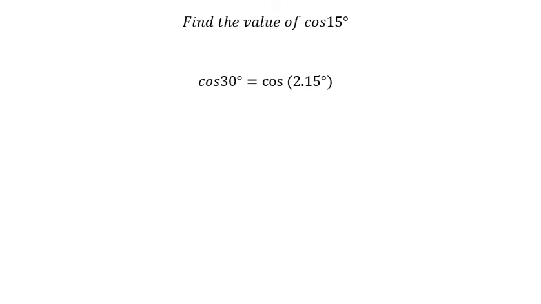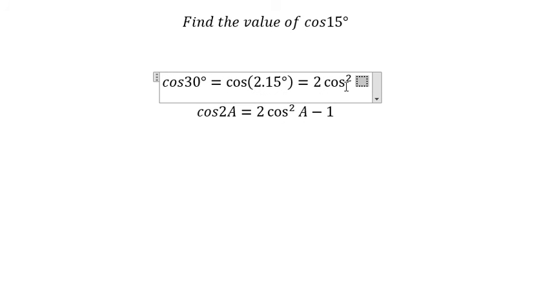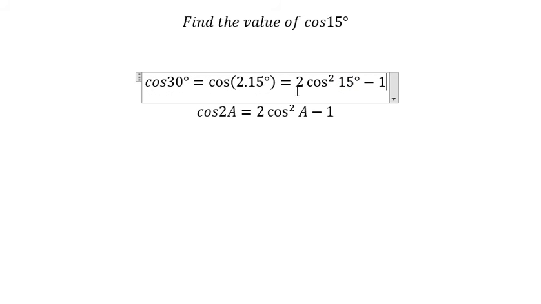So in this situation, we know that cosine 2a equals 2 cosine squared a minus 1. So we will apply this formula in here, and that should be 2 cosine squared of 15 minus 1. So in this situation, we move negative 1 to the left, and we divide both sides by 2. Later, we put the square root on both sides, and we get